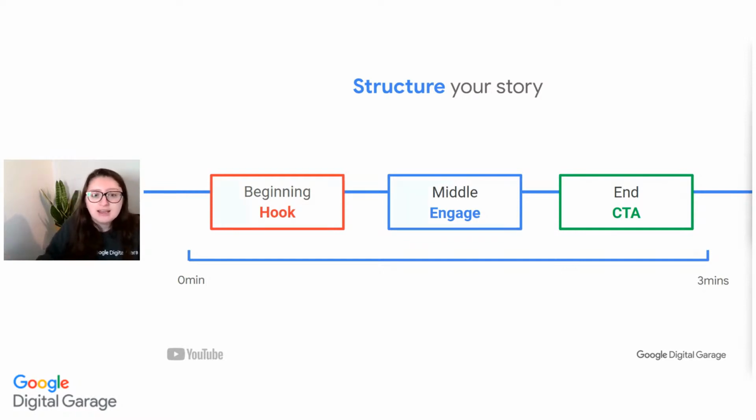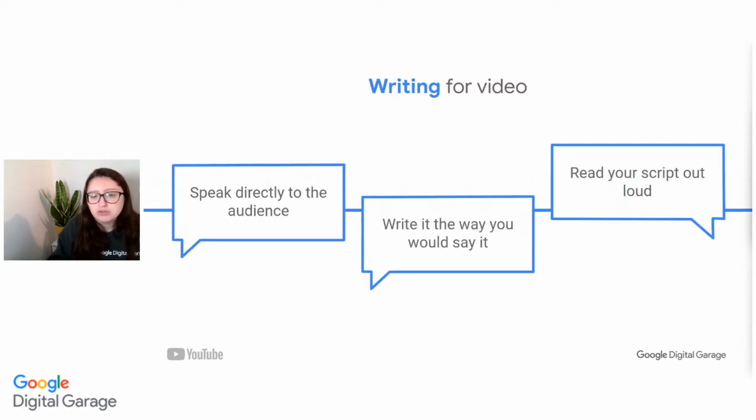So as well as creating a schedule for these videos and deciding what type of videos you're going to create, but before we get to filming and actually even writing down any content ideas, have you got a structure? Have you started to understand how you want to structure the beginning, middle, and end of each of your videos? And then again, before we get to the filming part, maybe you want to write a script. Maybe you want to structure some bullet points of some key talking points in each part of that video.